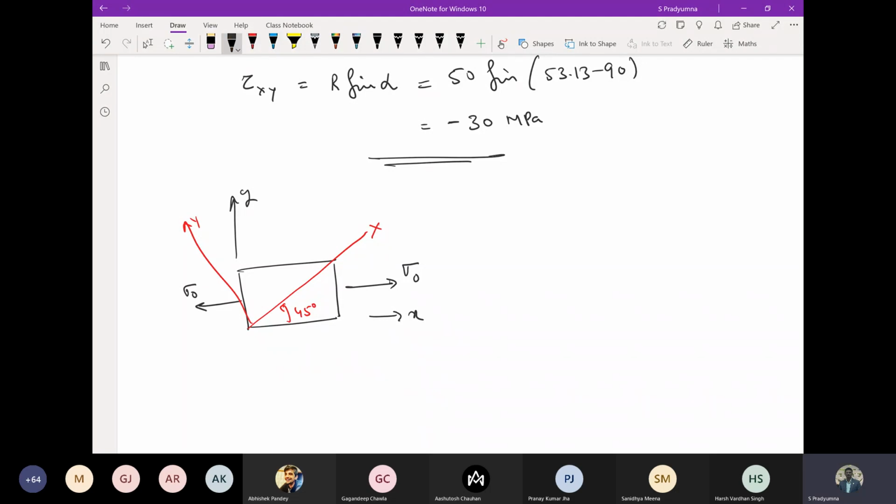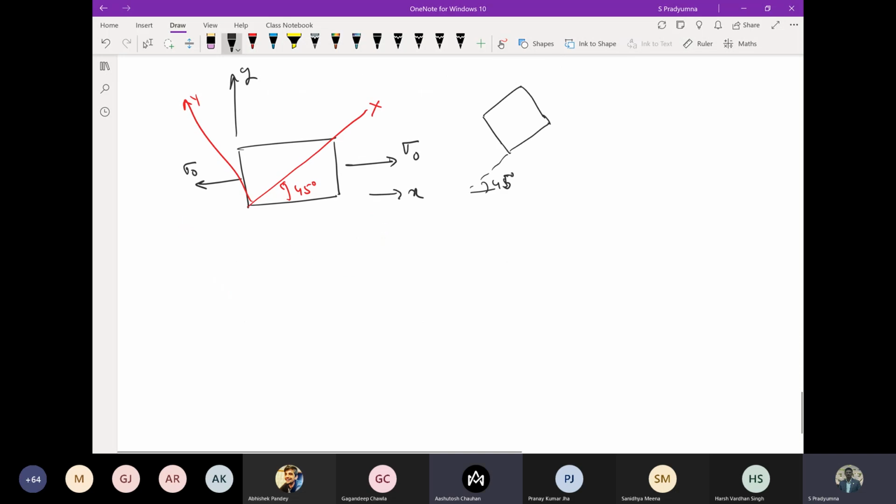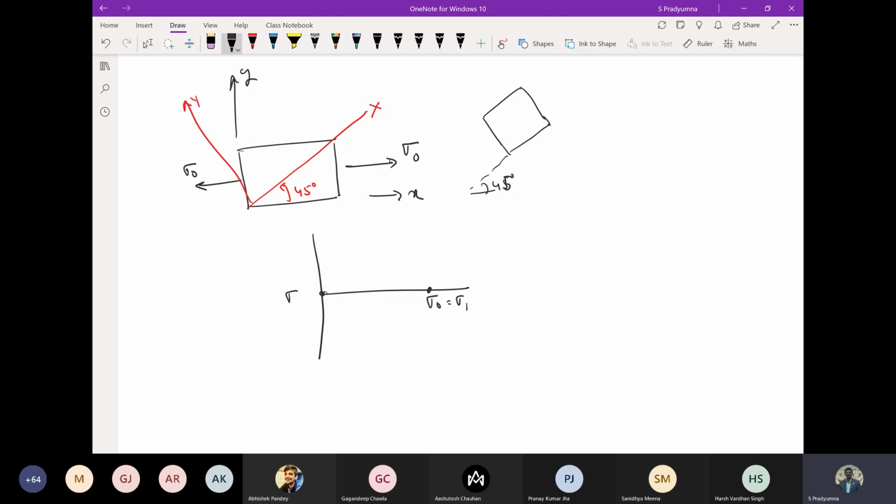For this, I am interested in finding out what the state of stress on this element looks like. So this is the 45 degree. So when it is 45 degree, what is the significance of this? That is my question. Now, if I want to draw the Mohr circle for this, I can easily do that because the value is only sigma naught here. The other value, these are the principal values also. This is equal to sigma 1, and sigma 2 is equal to 0. Am I correct?